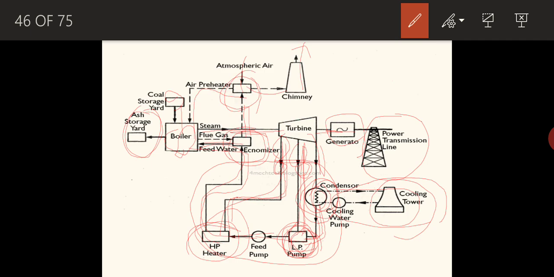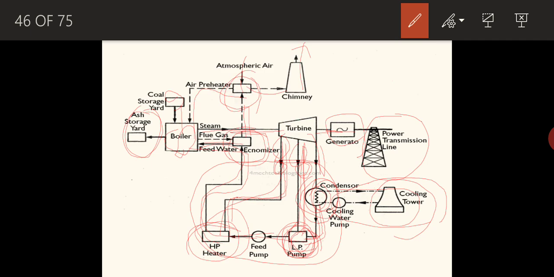Coming to the water side, the steam after expansion in the turbine will be cooled inside the condenser. It is a heat exchanger dealing with liquids. There will be cooling water passing through one coil of the heat exchanger, and through the other coil the steam will be passing. So it is a liquid-vapor heat exchanger. The steam will give away its heat to the cooling water, so that its phase is changed from vapor state to liquid state. That liquid is passed through the low pressure pump.